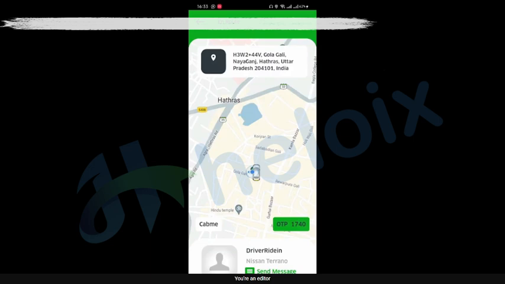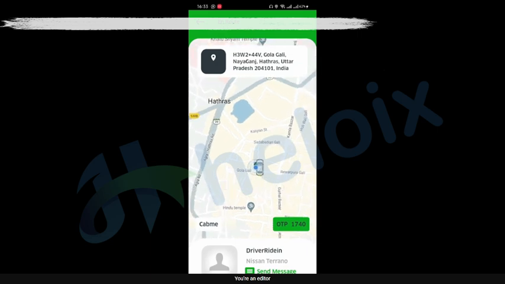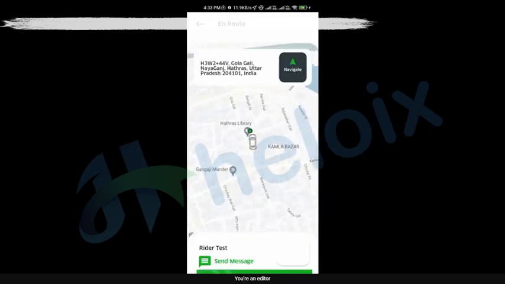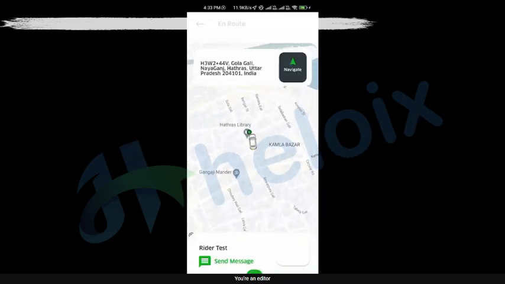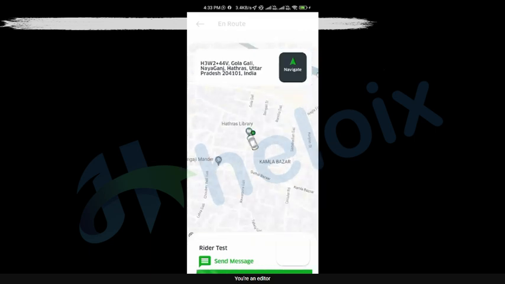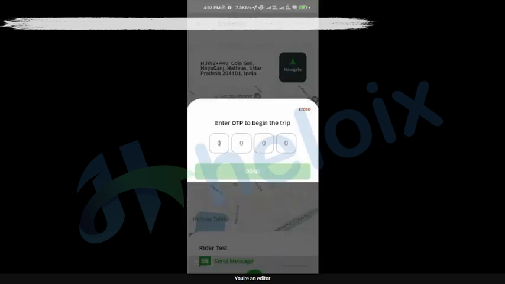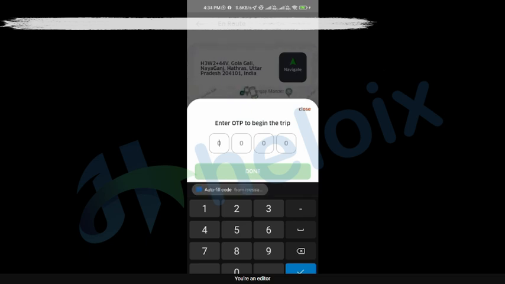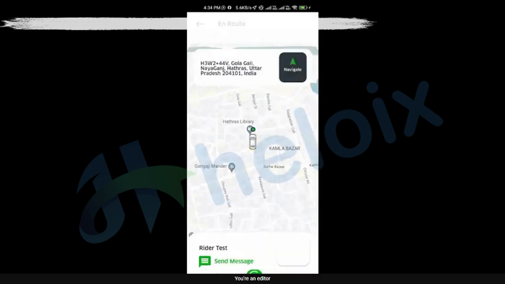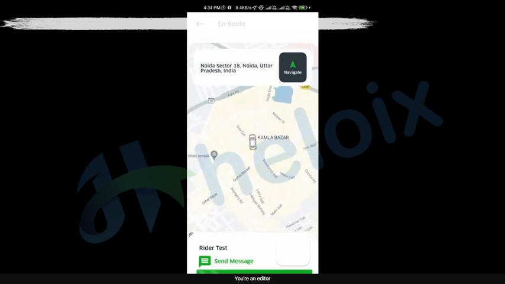Now this is the rider view. Please see here you can check your OTP. That OTP will be checked with the driver. Then the driver will take this OTP and use it, so your ride will start. Let me show you. See, this is the live location, so all things will work live. Here we set up the OTP which the rider has. Now I add that OTP. That OTP is correct, so the ride will start.